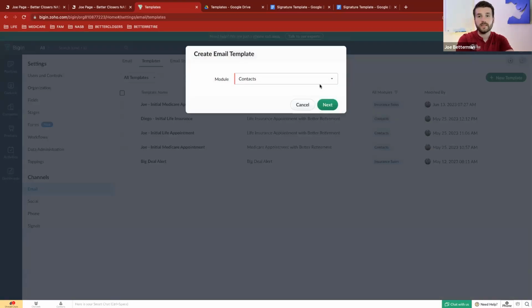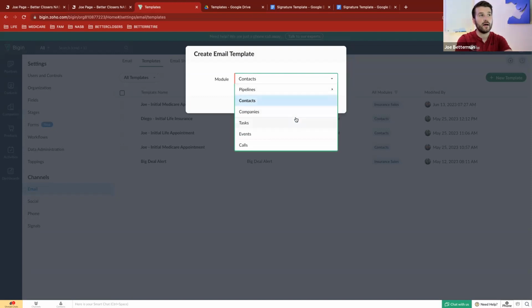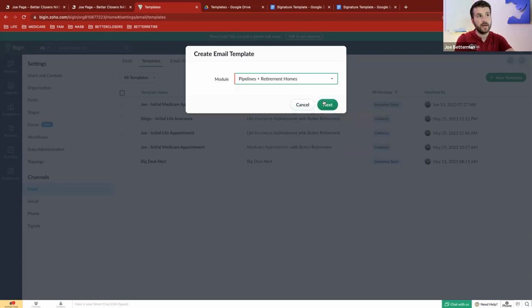But what you would do, if you want to create an email template, is come in and choose the place where you want to have that email template. So typically we would have it in pipelines. The reason for that is that for some reason you can't create a template for contacts and use it in pipelines. I don't know why, it's just kind of how this software is. So if you have a deal or a client you're working with, odds are they're going to be in a pipeline. So if you want to do a retirement home template, you would go into pipelines, retirement homes, and then